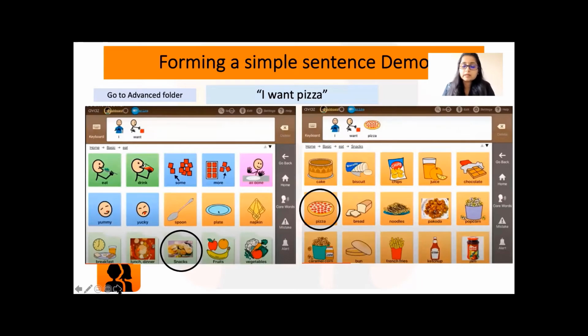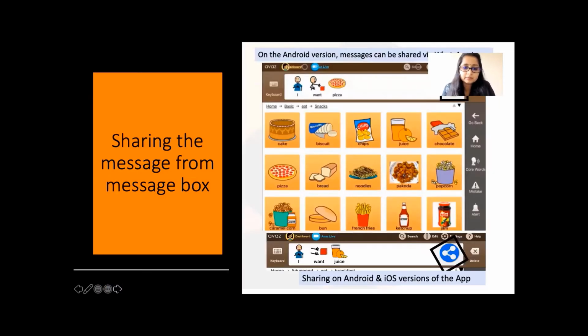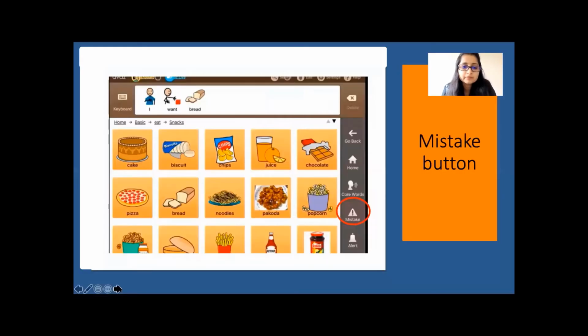We also tried to formulate a sentence and share the message from the message box. It's slightly different on the different versions. And then there is a mistake button. If you make a mistake, you can hit the mistake button, and the AAC user can actually be trained to use these things.